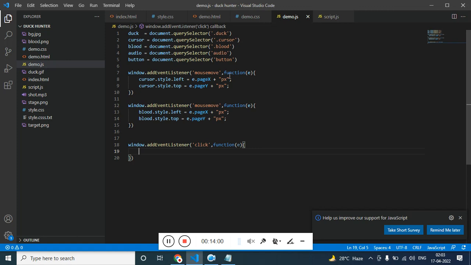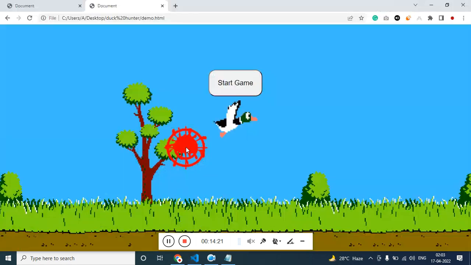So by default it should be, dot style, or you can simply call the blood dot style dot display equal to none. Refresh it. Now it's gone,